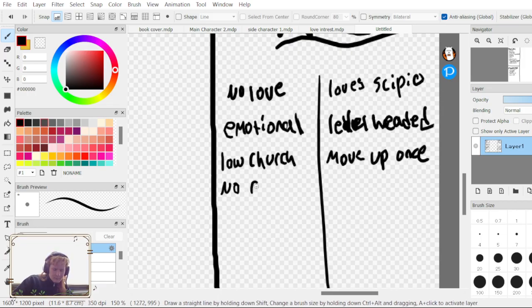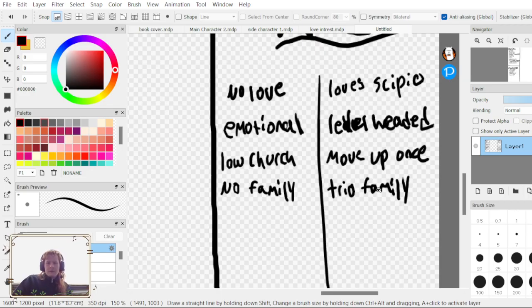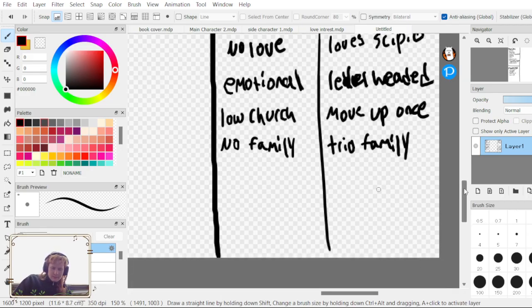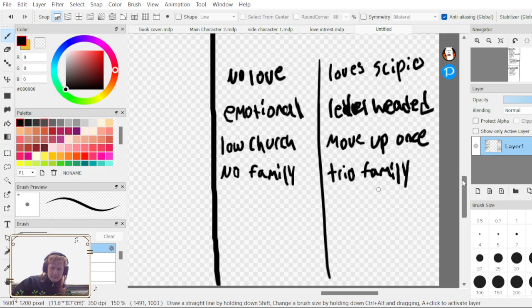No family, and then, right, she starts off with no family, and then eventually the two other companions become her family, right? That would make sense.